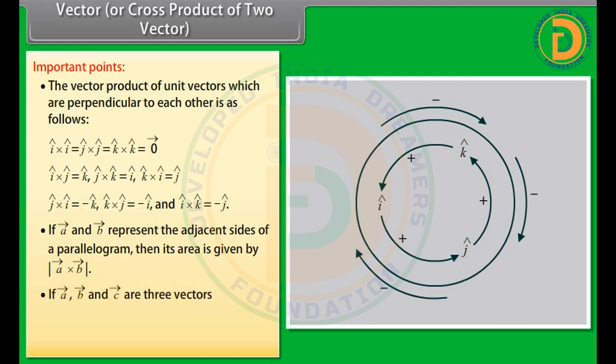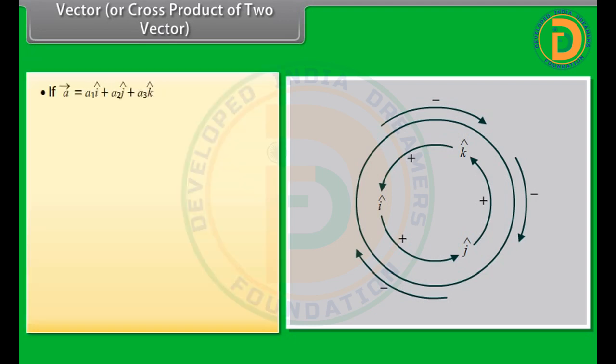If vectors A, B, and C are three vectors, then vector A cross (vector B plus vector C) equals vector A cross vector B plus vector A cross vector C. If vector A is equal to A1 i cap plus A2 j cap plus A3 k cap, and vector B equals B1 i cap plus B2 j cap plus B3 k cap, then the vector product of A and B is equal